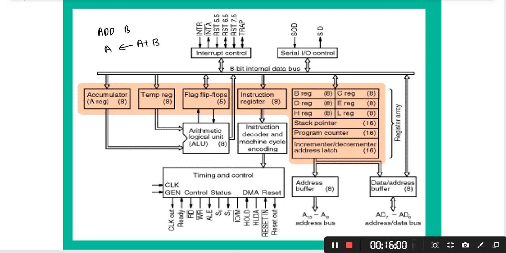That's why the arithmetic logic unit has one path from the accumulator and the other from the temporary register. The data can be read from the internal registers through the internal data bus, or from external memory through the data bus or address bus.